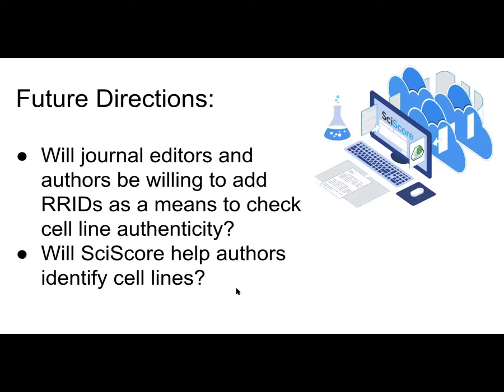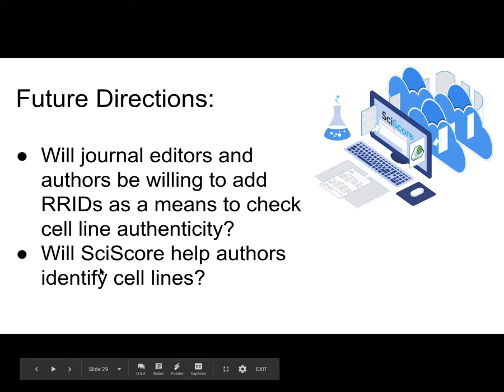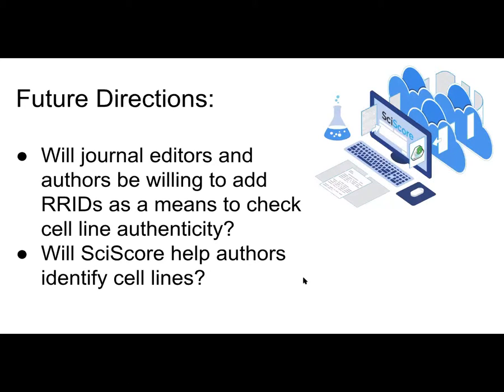And then the second portion is we have run the SciScore algorithm on all of the open access literature, but we have also recently made the SciScore algorithm available for authors who can sign up using their ORCID account, and they can run their own verification method on their papers. So we would like to see if SciScore will actually help authors identify these cell lines earlier.